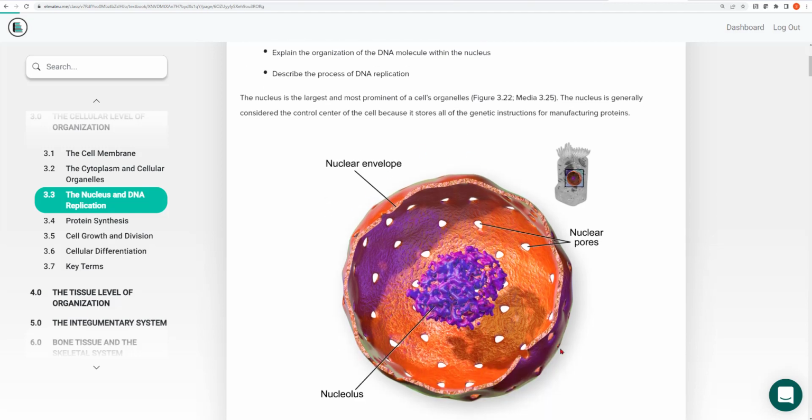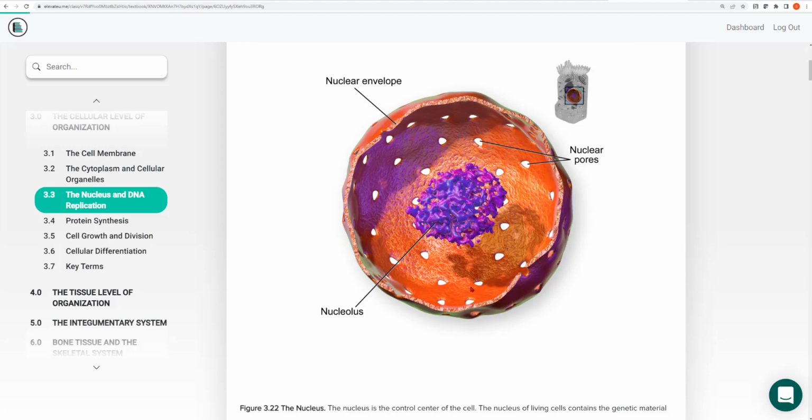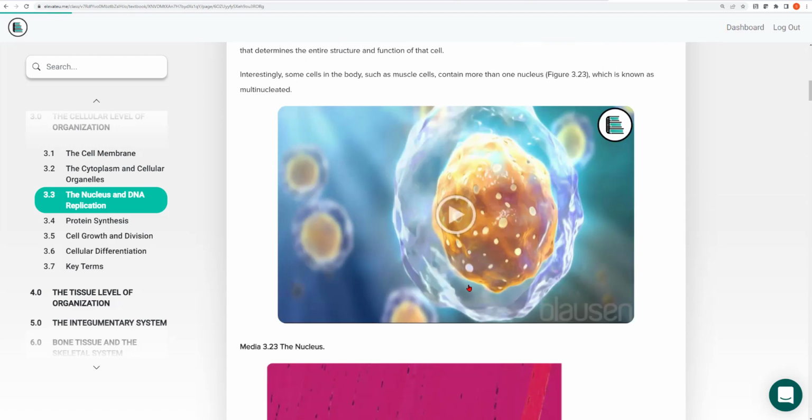Just look at this. You might at first glance think that this is a cell, and that this is the cell membrane going around the cell. But quickly, I think you notice that there are these large pores. Cell membranes do not have big pores like this. So if you see that, you know this is a nucleus. These are the nuclear pores. The outer envelope is the nuclear envelope or the nuclear membrane. And inside the nucleus, in addition to the DNA, there is another organelle called the nucleolus. Make sure you watch the videos.